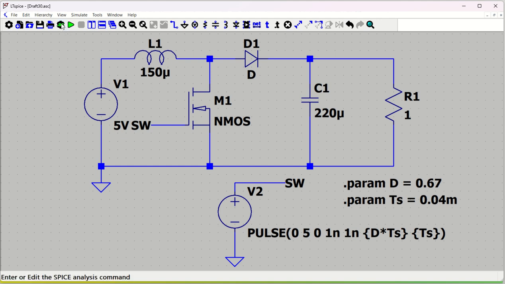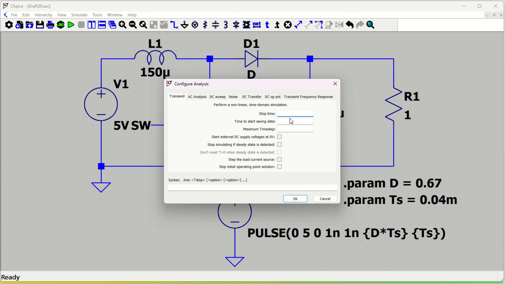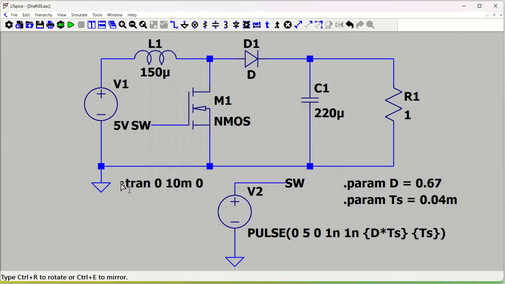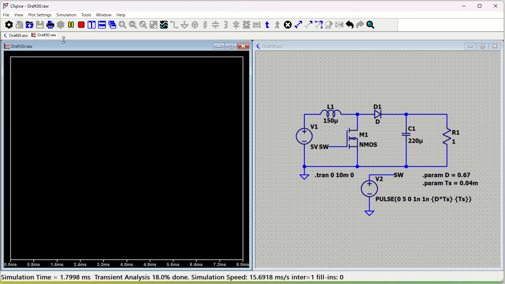Now let's run it. So before that we can put the configuration time. Let's run it for 10 millisecond, because anyway the time period is 40 microseconds, so it is going to be a very high time, and then this will be 0. So this is my transient setup. Now let's press run. So this is my run and pause button. Once we press this,